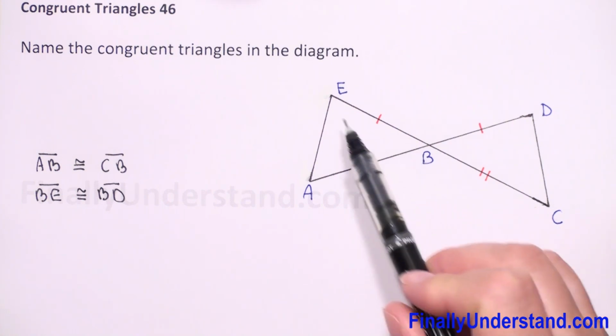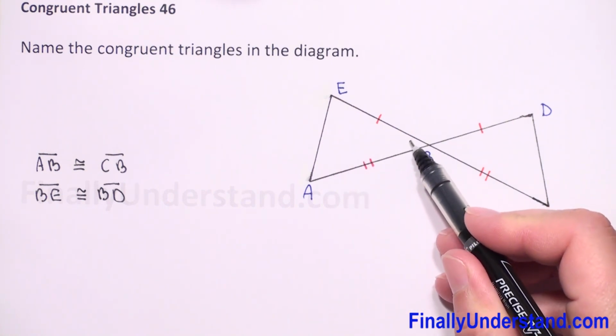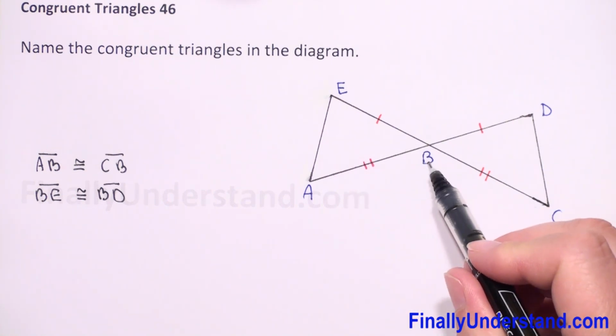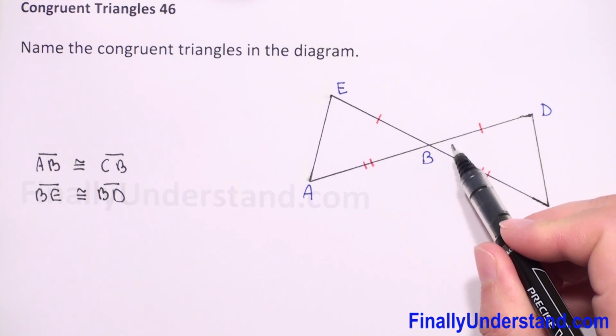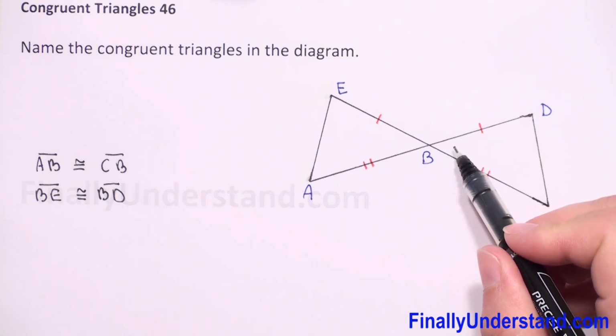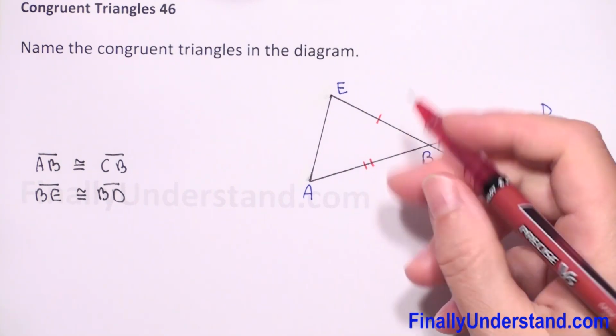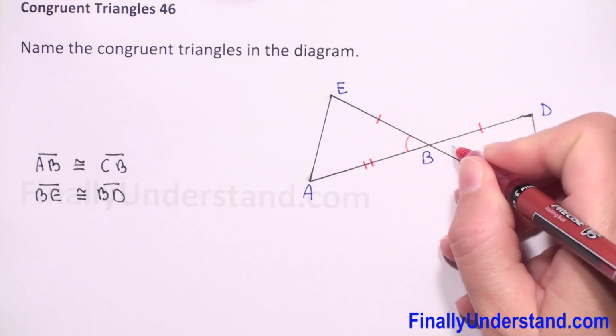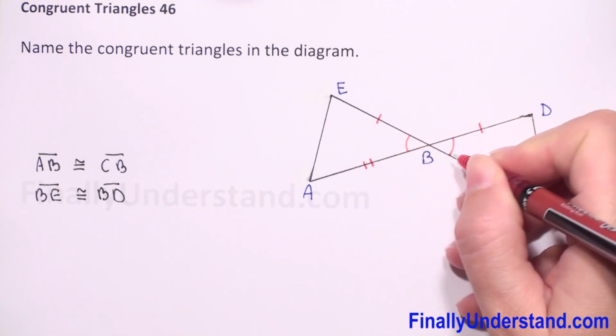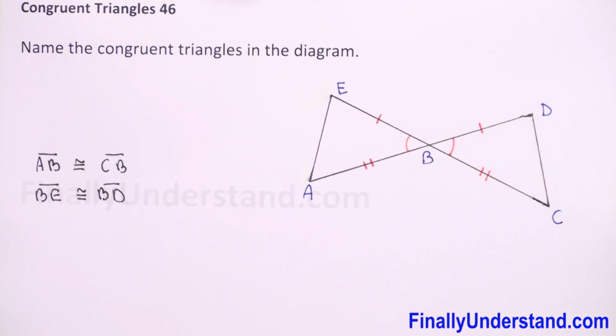Angle ABE, this angle, and CBD, that angle, are vertical angles. And we know that vertical angles are congruent. So let me draw this red arc. These two vertical angles are congruent. So we can write that